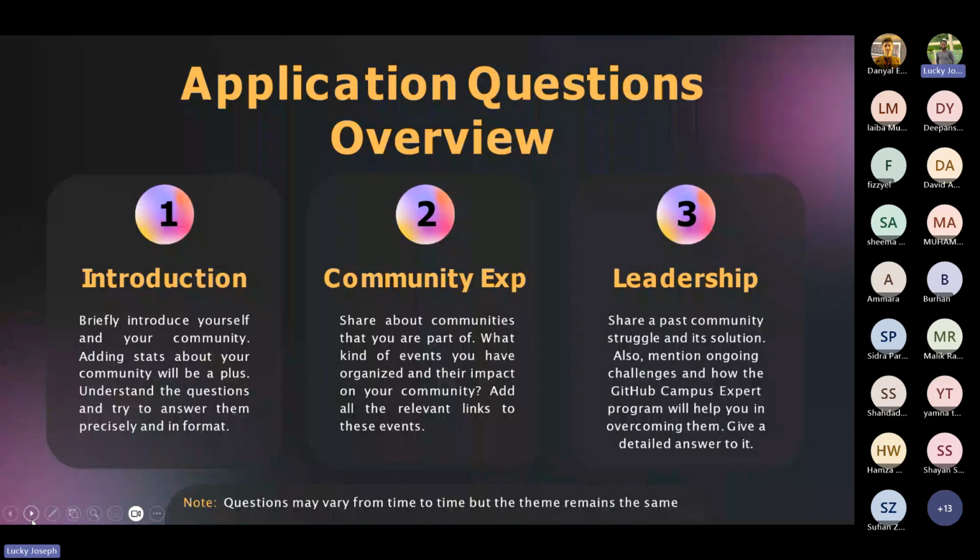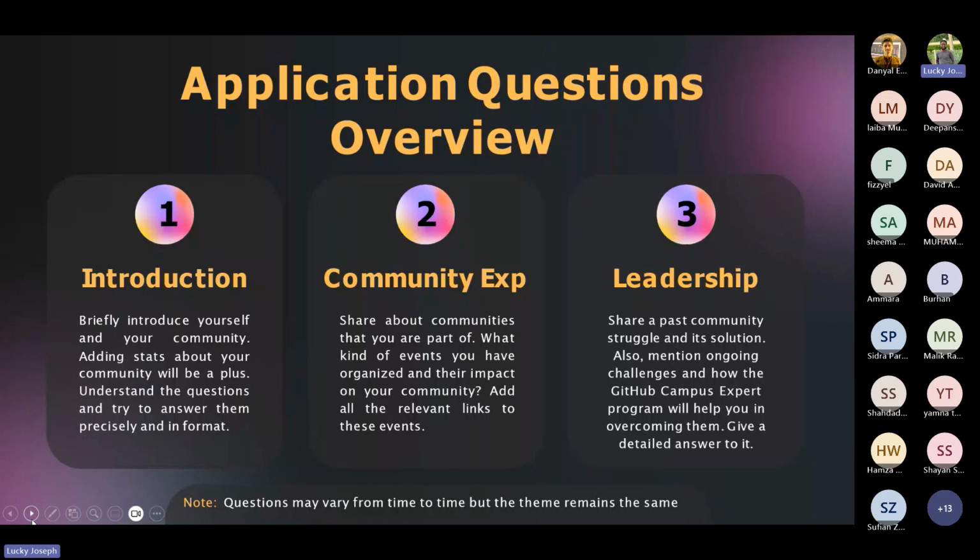Then you add details about your community, how well you understand it, what your community is and what it does. You also tell them your involvement and your role in the community,